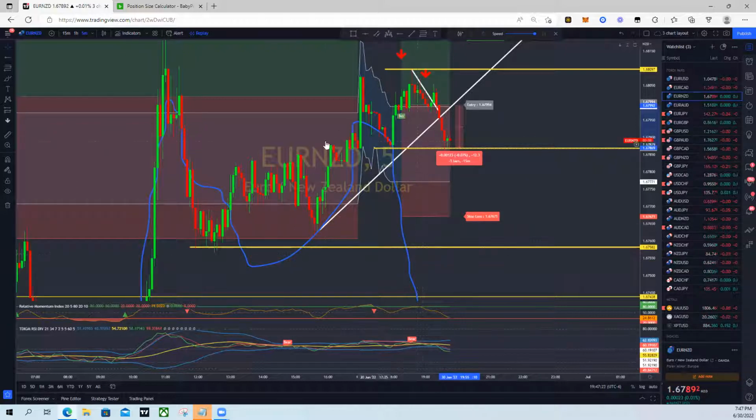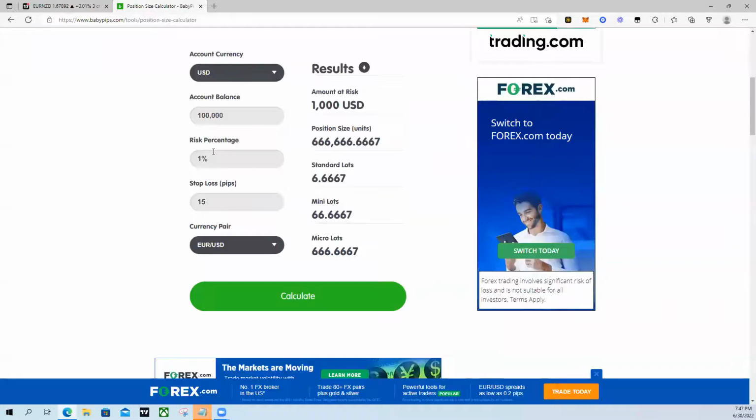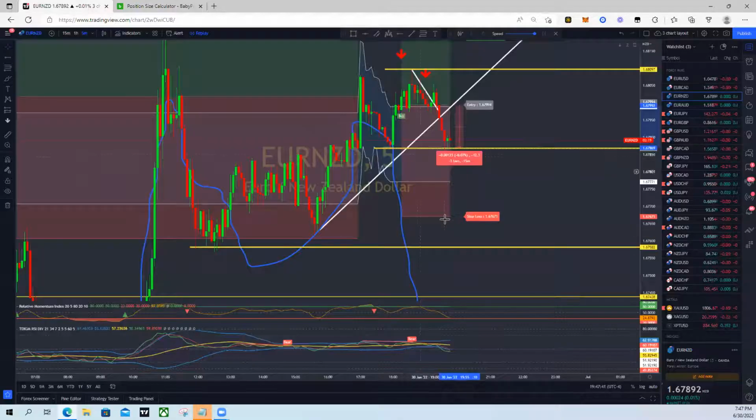Now, obviously, the setup was wrong. I was on the wrong pair, or I'm just having a bad day. Those things can happen, right? But you got to lose 3 straight trades in a row on a 1% ratio. Now, if you're using the 2%, then of course, you can only lose 2 trades in a row, 2.5 trades in a row, right? But if you're taking multiple setups, multiple trades, and you're already going into profit, you're increasing